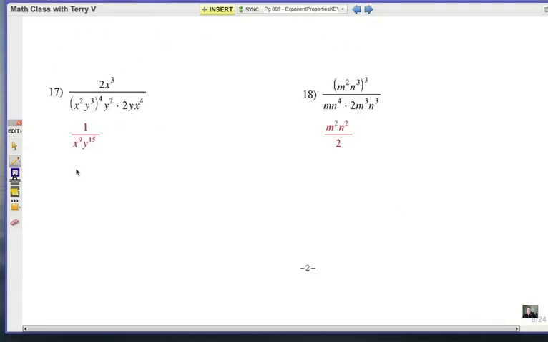All right, here are the answers. Now, number 17, how did we get a 1 on the top? And on number 18, how did we get a 2 on the bottom? Let's take a look. Take care of the powers down here in the denominator, and so x squared raised to